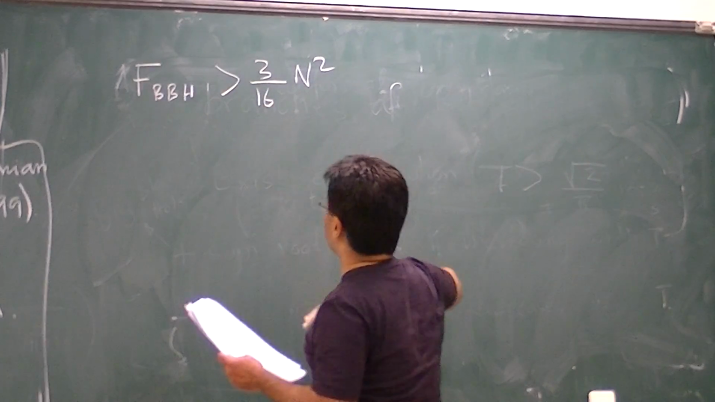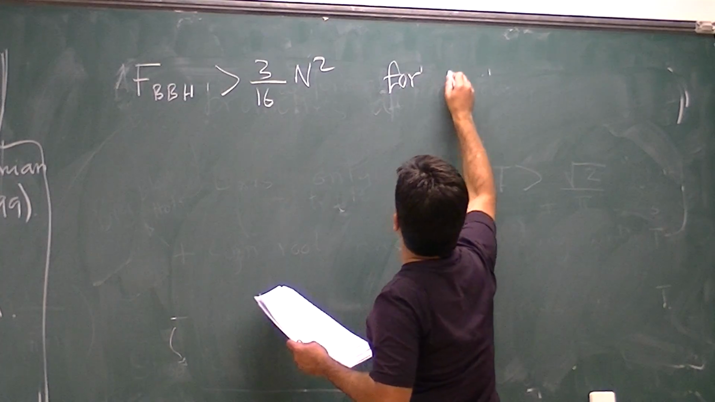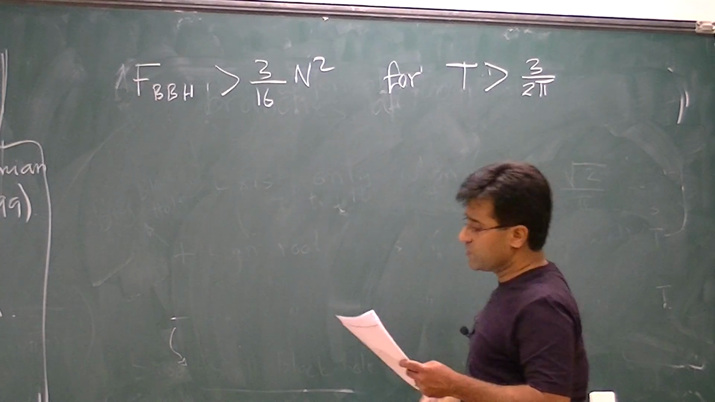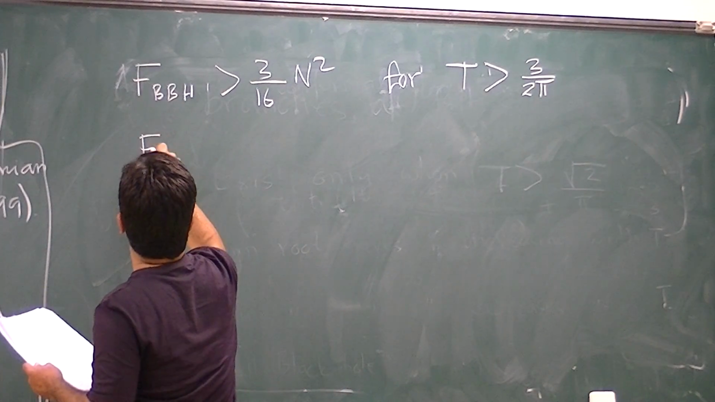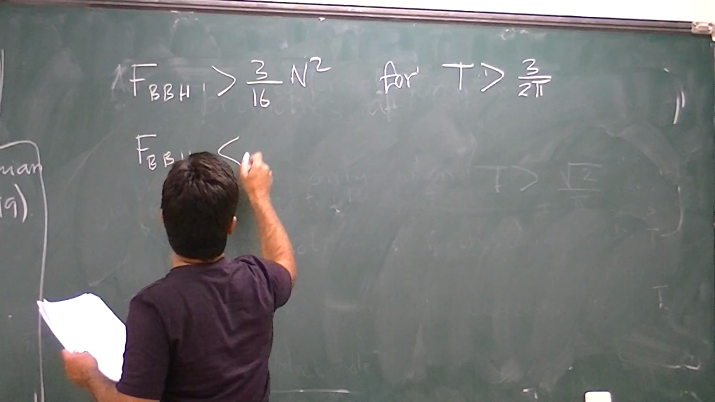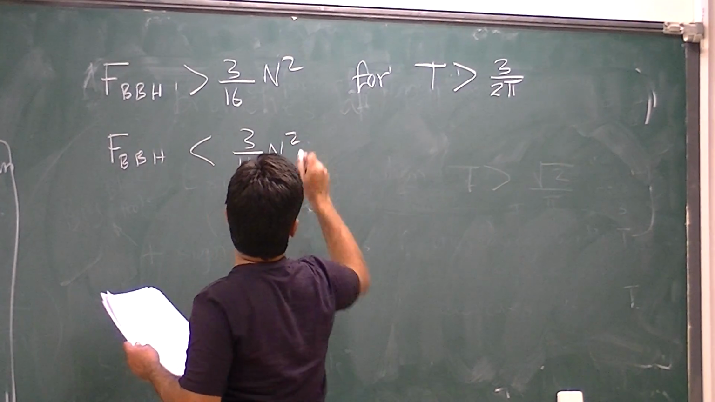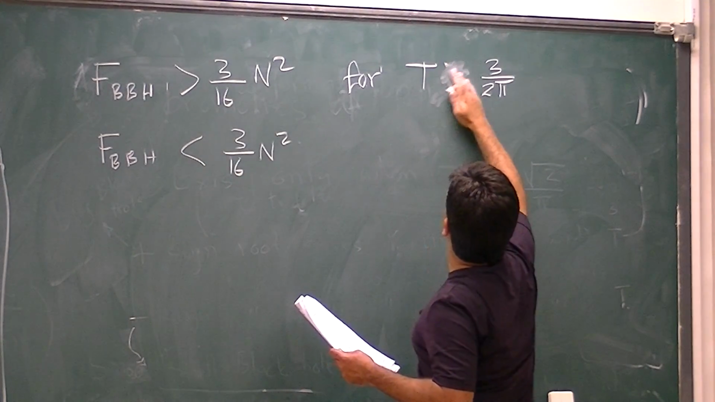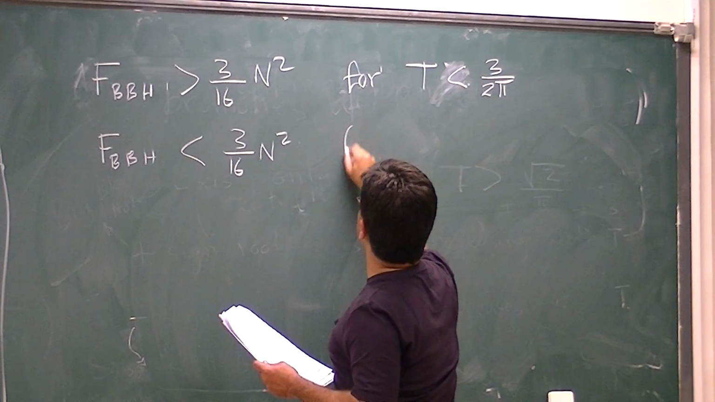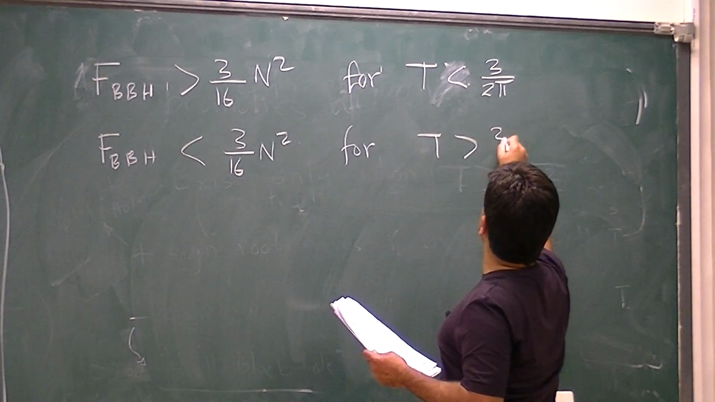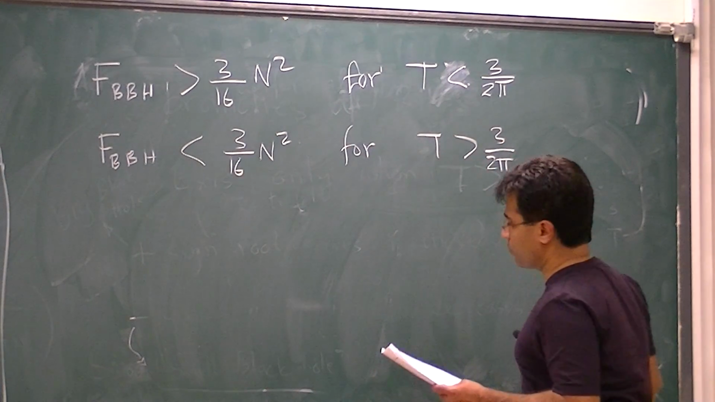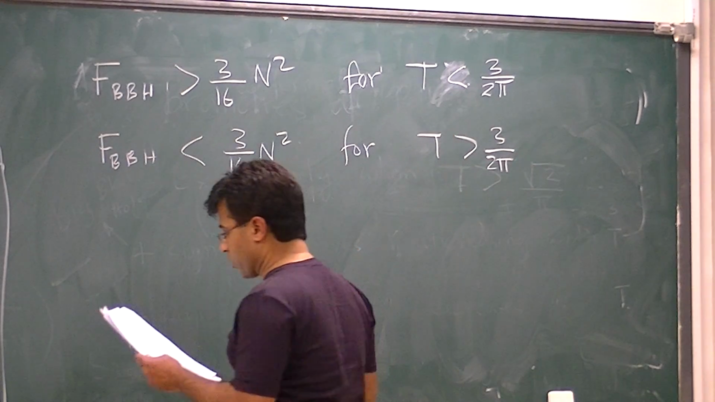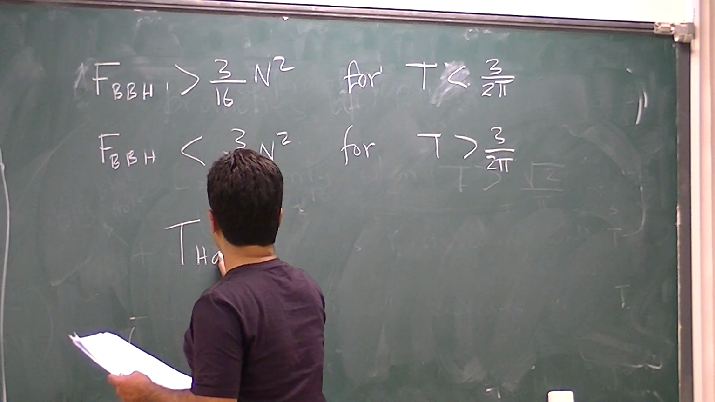So when does this happen? This happens for all temperatures greater than 3/2π. So all of this is quite easy to figure out. And then conversely, the big black hole dominates the... sorry, I got that the wrong way around. So the big black hole dominates the ensemble when temperature is greater than 3/2π, and the temperature at which the two switch is the famous Hawking-Page temperature. So Hawking-Page